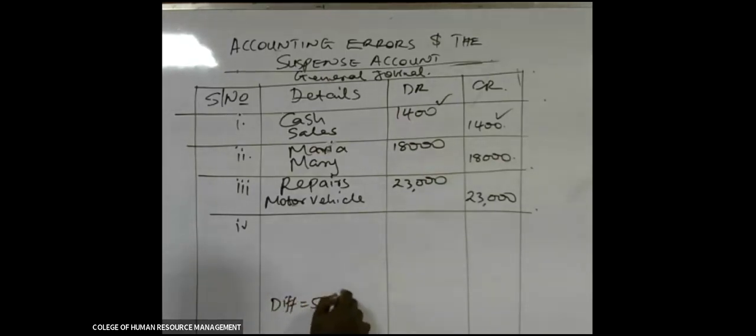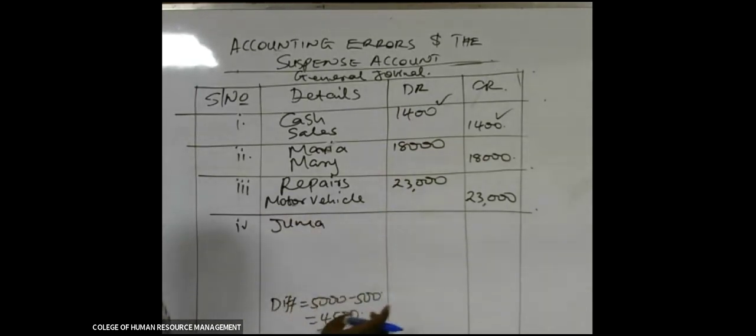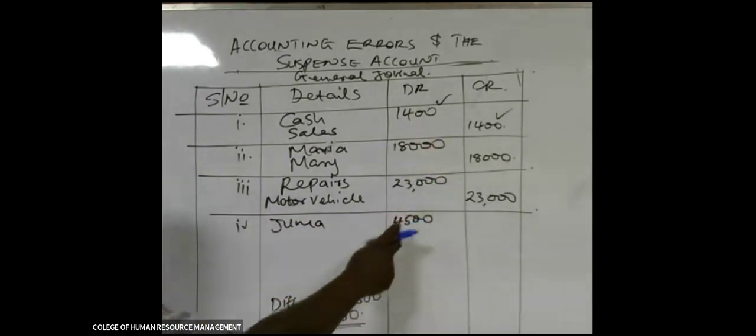From 5,000, we used only 500, meaning that we recorded in those books 500, which is 4,500 less. So as we were debiting Juma, we debited 500. 4,500 was never debited, so you use the difference. You will say that Juma, because we only debited 500, we shall now debit 4,500, so that 500 plus 4,500